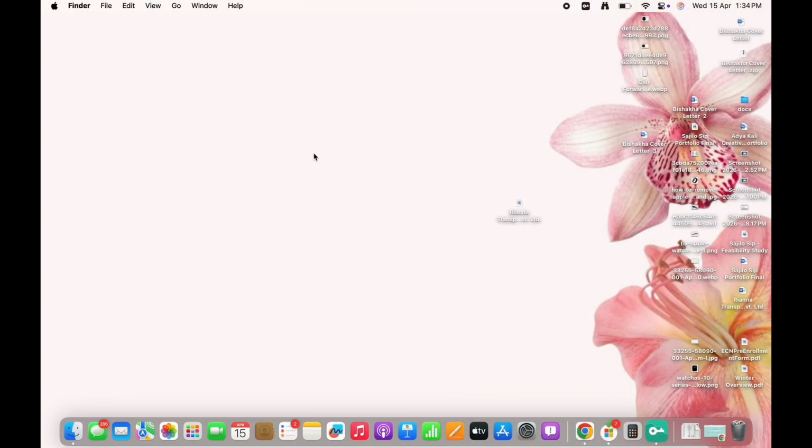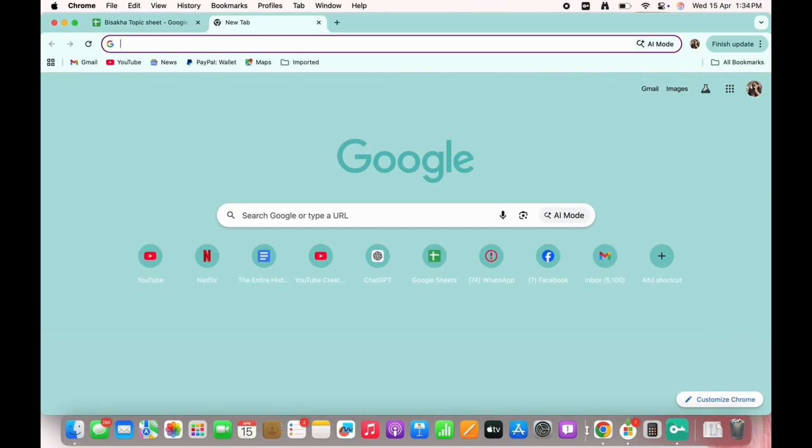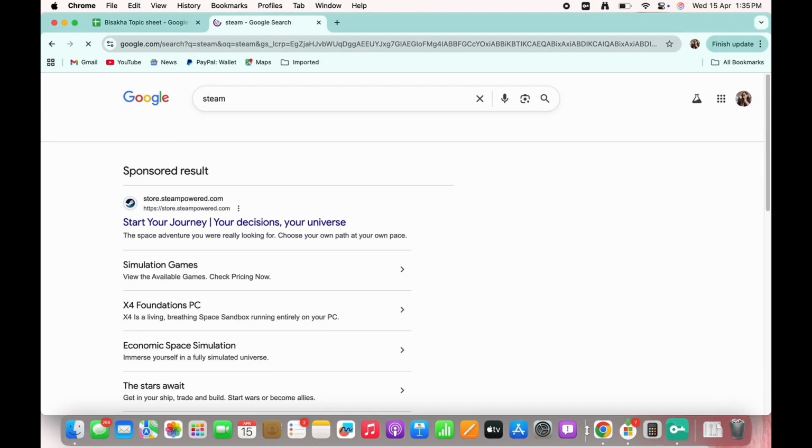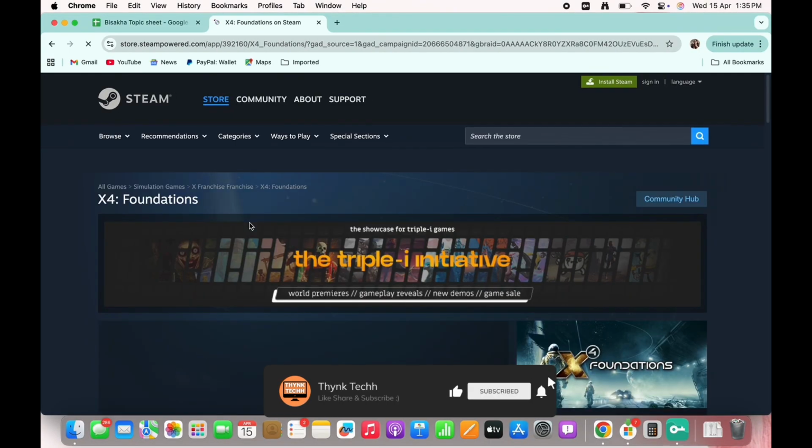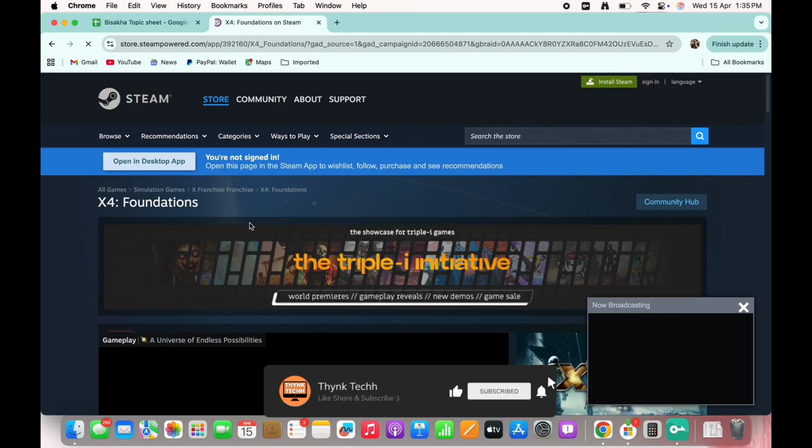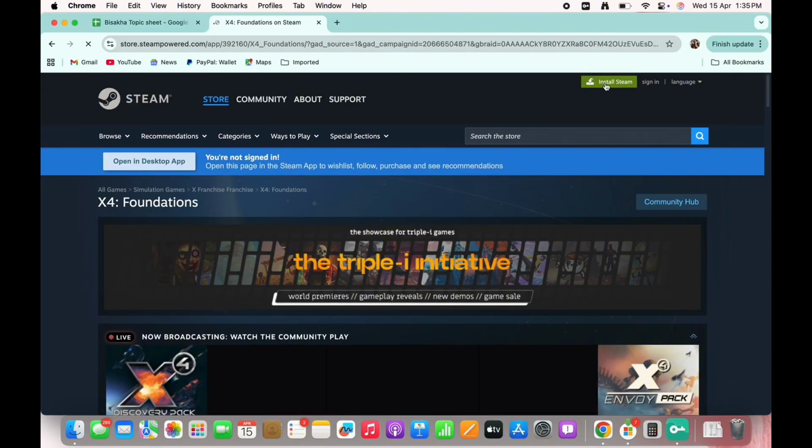Now let's get right into the tutorial. Firstly, go ahead and open your preferred browser and in the search bar, search for Steam and then tap on the first link that appears, which is store.steampowered.com. Now, once you have opened the official webpage of Steam, tap on the Install Steam option on the top